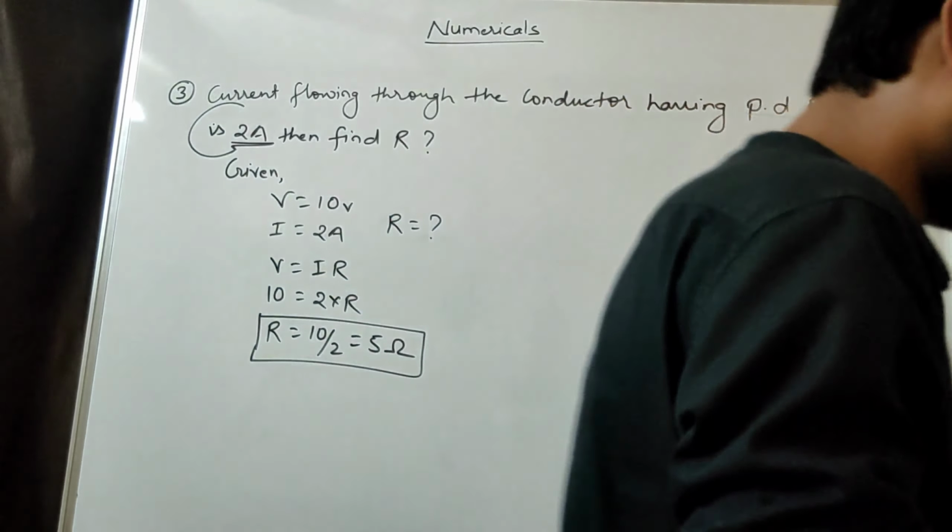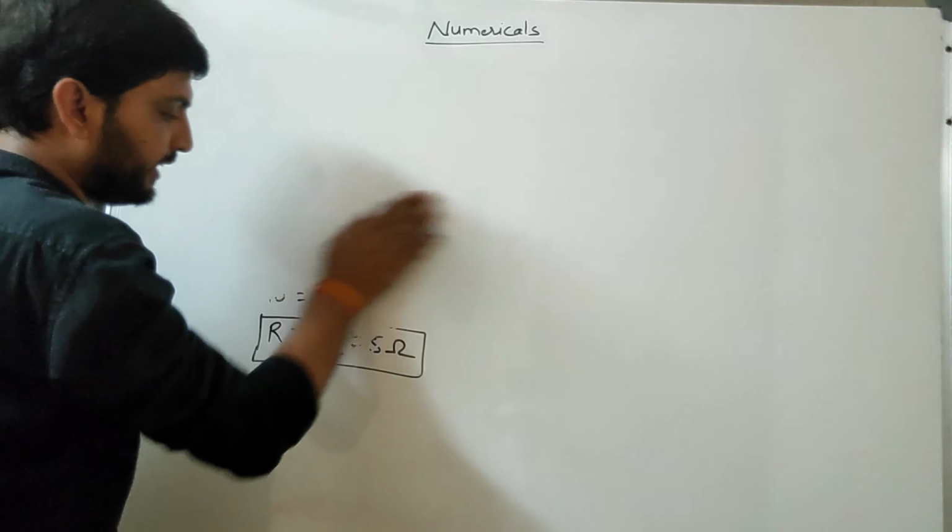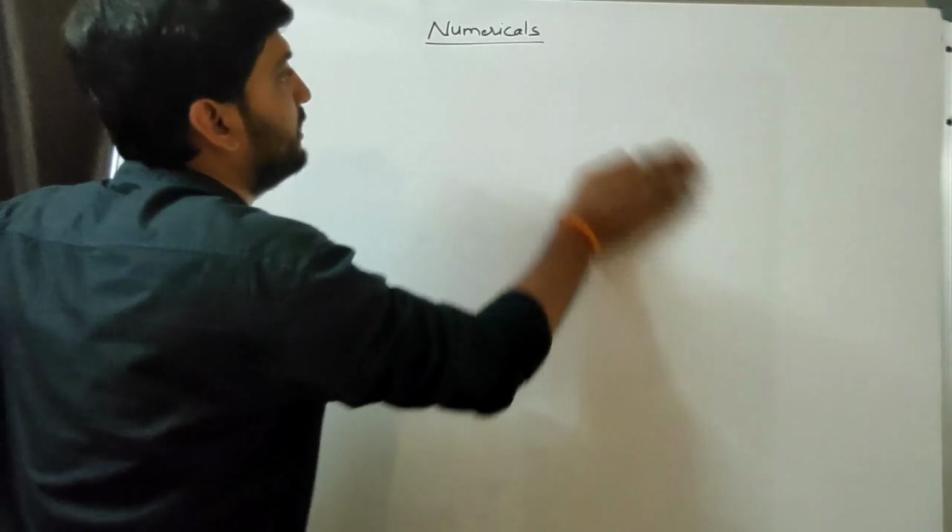So what you need to do is just remember the formula and recollect the formula by seeing the given. What is given? Potential difference is given, current is given. We need to find resistance. So directly we can use V is equal to IR from Ohm's law, and there we will get the resistance value by putting the values in the equation. Okay, it's very easy. Now moving to the fourth question. Just take a screenshot or note it down. Fourth and fifth questions are important. These questions were also important, I'm not saying they are not, but fourth and fifth are the most important questions.